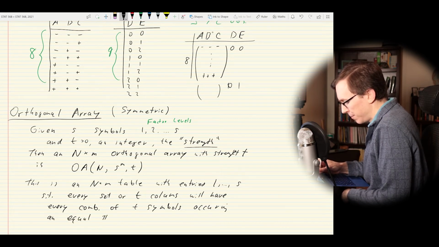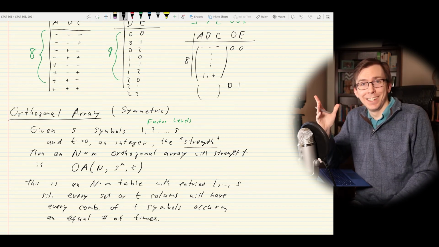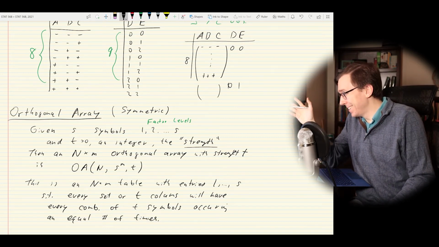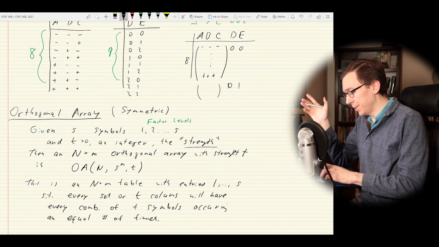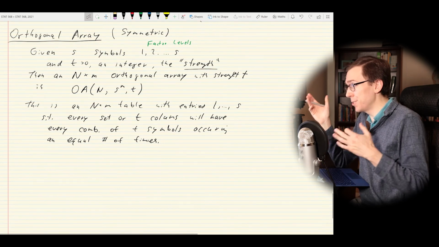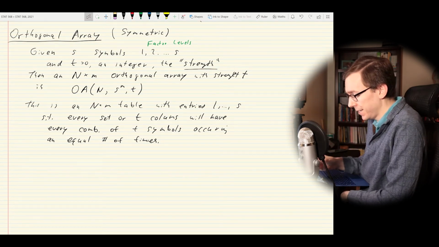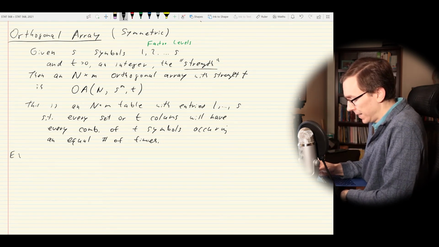Equal number of times. Cool. So what does that mean? Okay, so what in the world does this definition mean? Well, perhaps the best way to do it is an example of something we've already seen. So an example